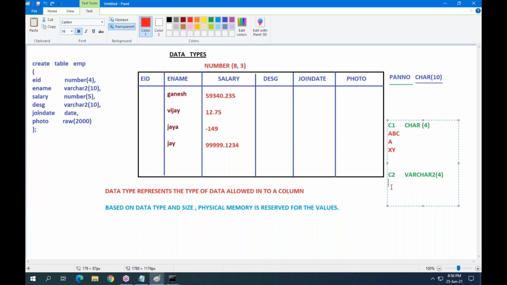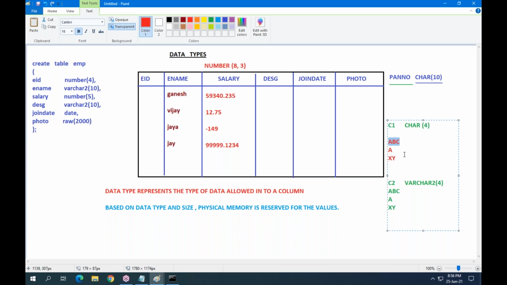Here I am inserting the same values in both. Understand it carefully. According to data type and size, for each value, 4 characters of memory are reserved.